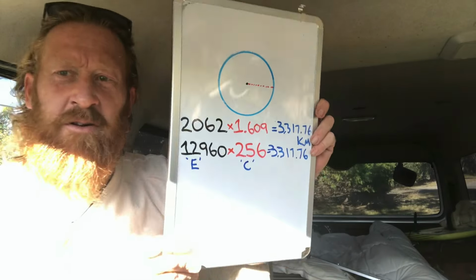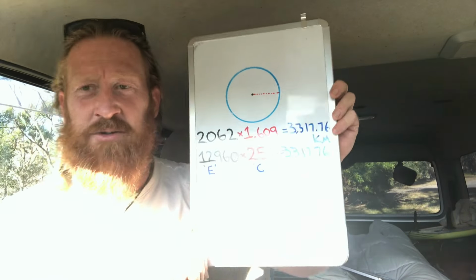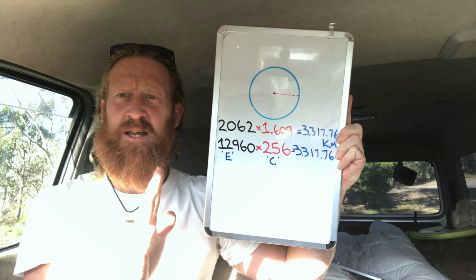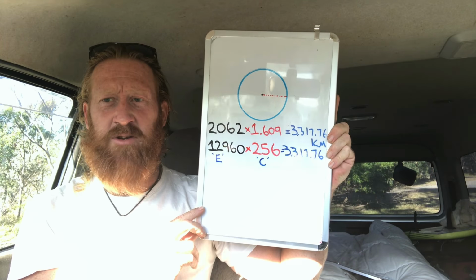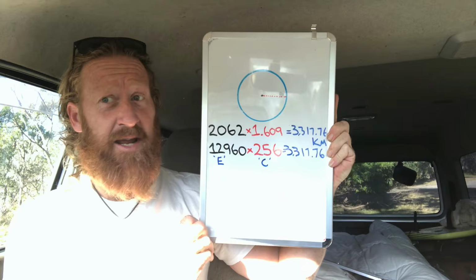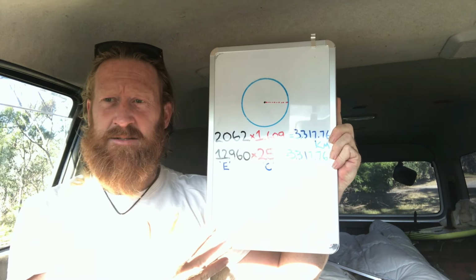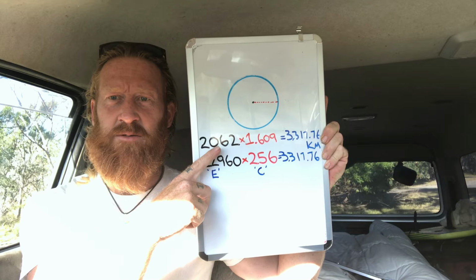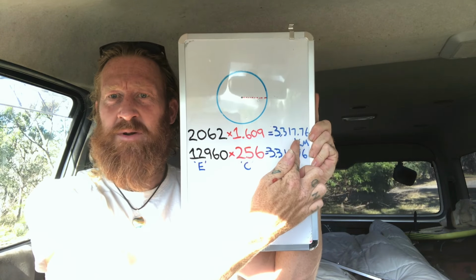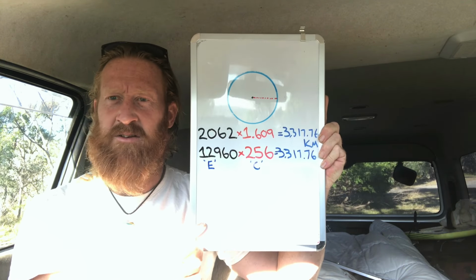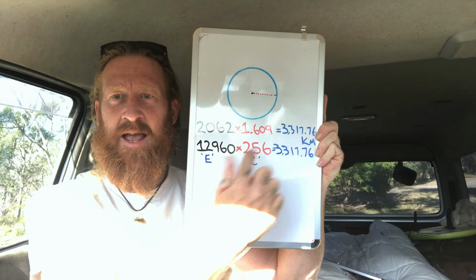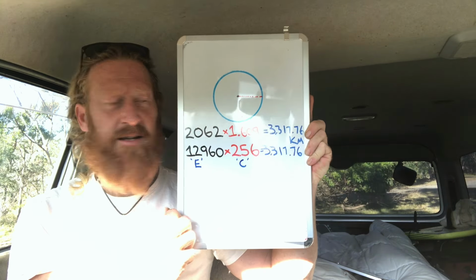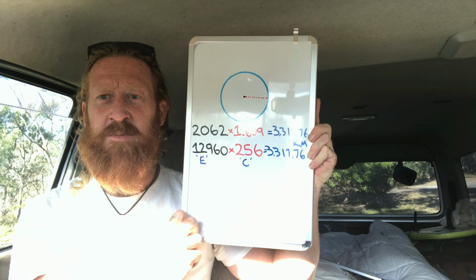Before we move on, I just wanted to repeat myself a bit so we can get this really into our skulls: there is no connection between Imperial and Metric. So let's have a look. The distance from the Great Pyramid to the equator in miles is 2062. To find the kilometres, we multiply that by 1.609, because that's how many kilometres are in a mile. That's the answer for the distance from the Great Pyramid to the equator: